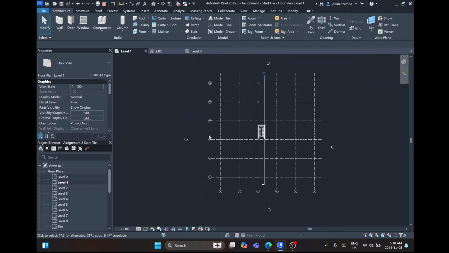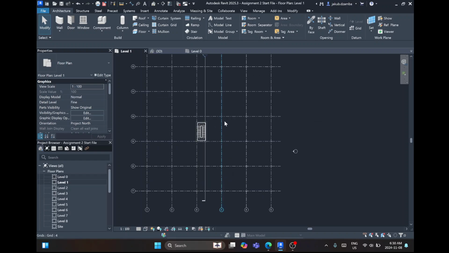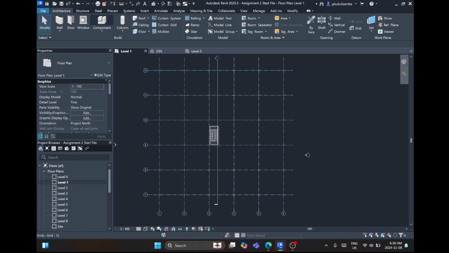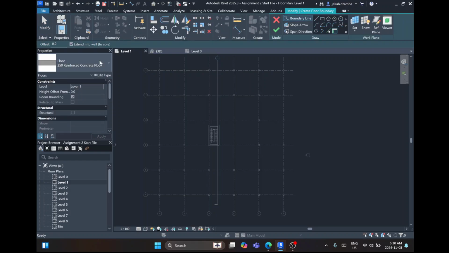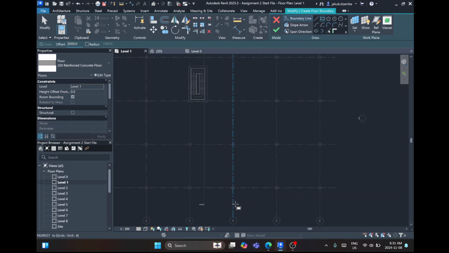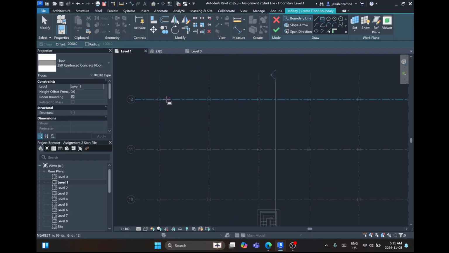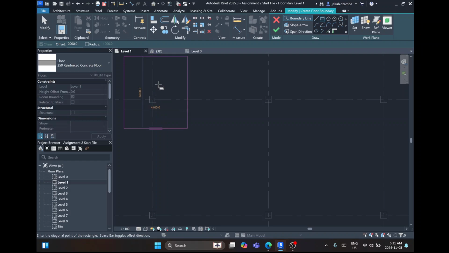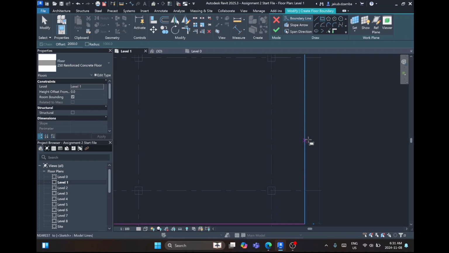So now I'm going to go to level 2. I'm going to draw a floor. So let's see what floors we have. Oh, it's already made. Okay, we wanted a 250mm reinforced concrete floor. I'm going to grab the rectangle, and I'm going to say offset 2000, because this is a bit outside of the private lesson, but I'll draw the floor first, and then I'll explain why. So from the center of that grid point, down to the center of this grid point,